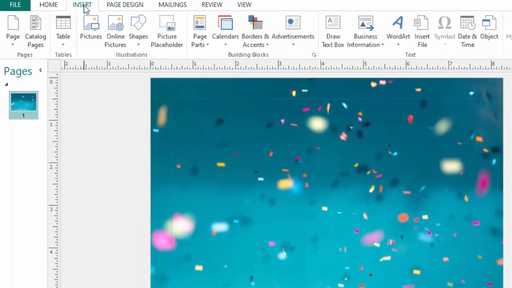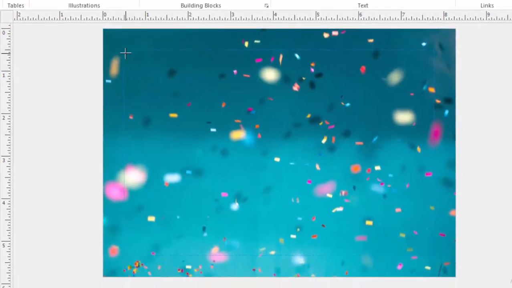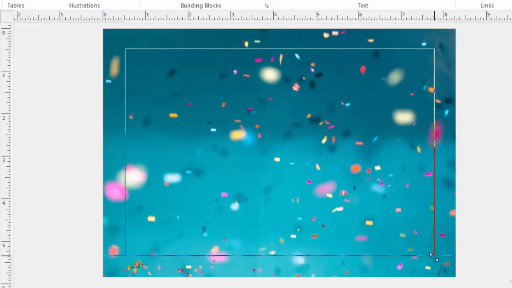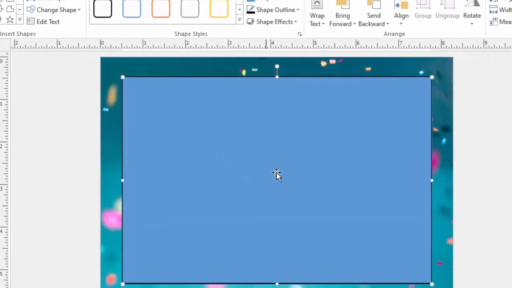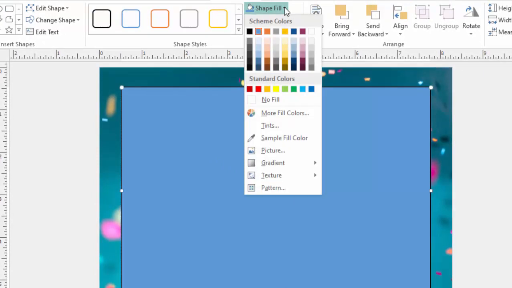I will go ahead and click insert and choose a square shape. Then using this margin, I will draw a shape inside like that. This shape is filled with blue color. I want to change it to be a picture. So I will come to shape fill and choose picture,